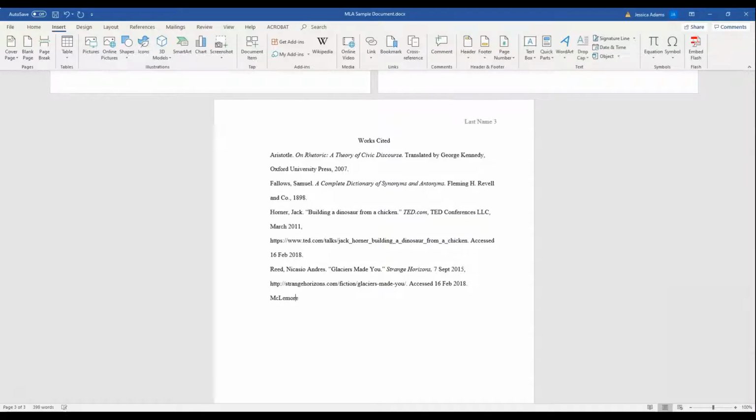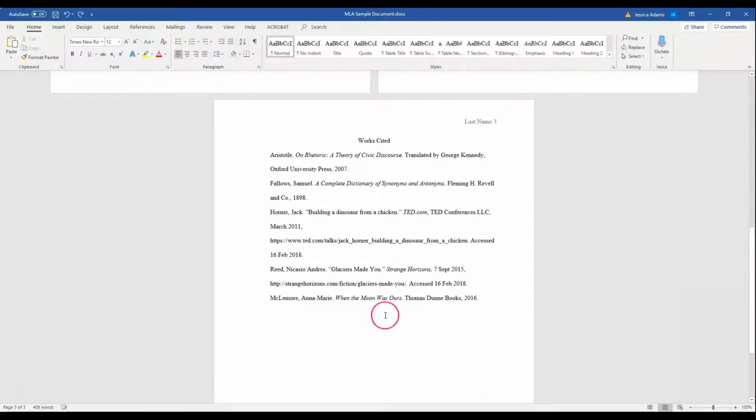Your citations should be listed in alphabetical order by the first letter of the citation, usually an author's last name. Type each citation all on one line. It will wrap to the next if it needs to, but don't hit Enter until you get to the end of the citation. Once your citations are all done and in order, you can easily switch your Works Cited page